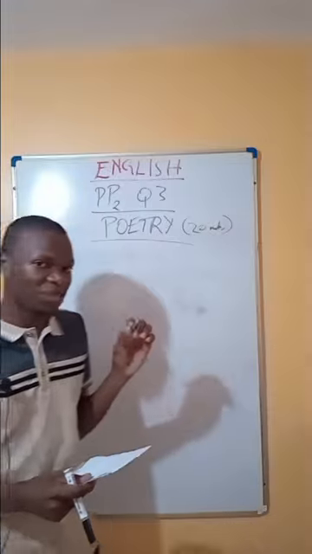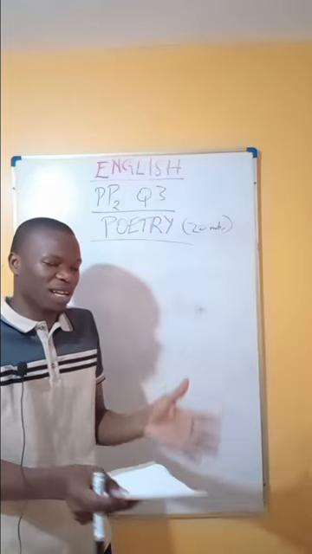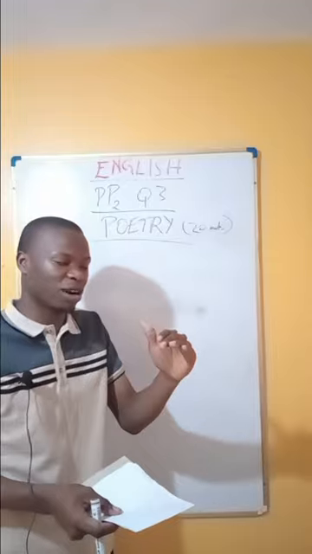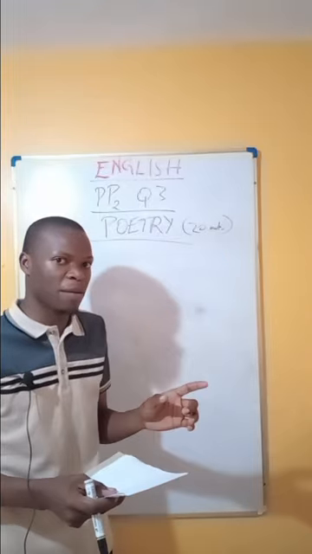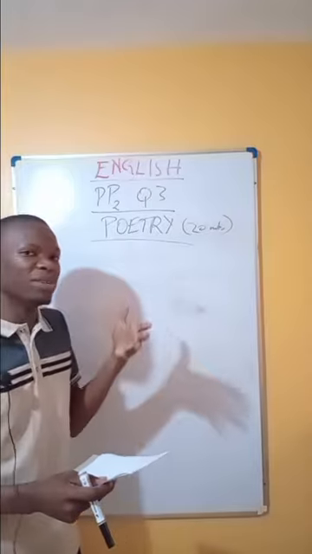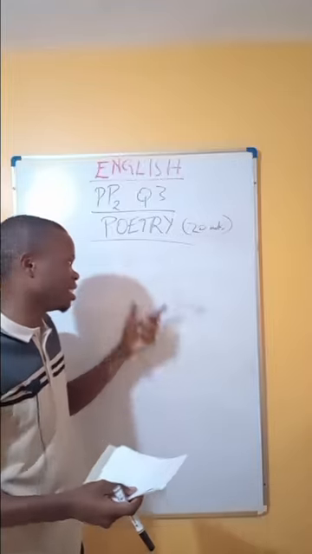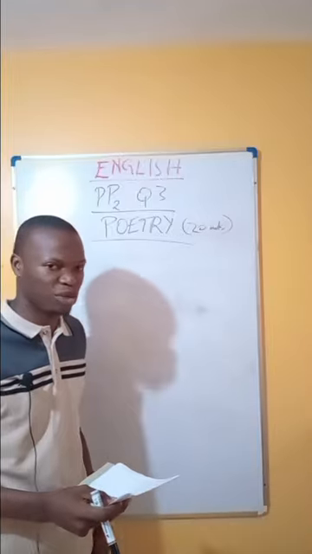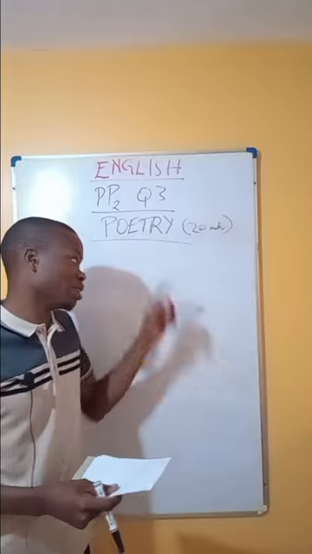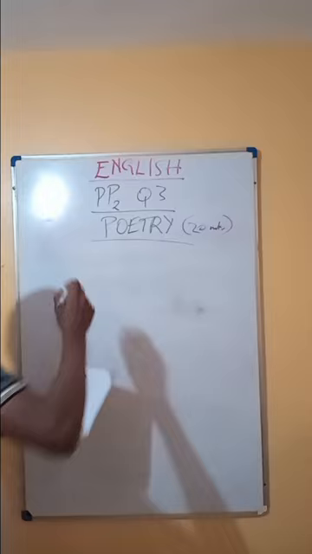And just like an excerpt, the key to understanding an excerpt is understanding the elements of an excerpt, that is the elements of a literary work, a play or a short story or a novel. So in poetry also, we are going to understand the elements of poetry. Once you understand the building blocks of poetry, then you'll have an easy time understanding any poem that comes your way. So in KCSE, of course, it usually carries 20 marks, and that's what we want to get, 20 marks. So we'll look at the elements of poetry,